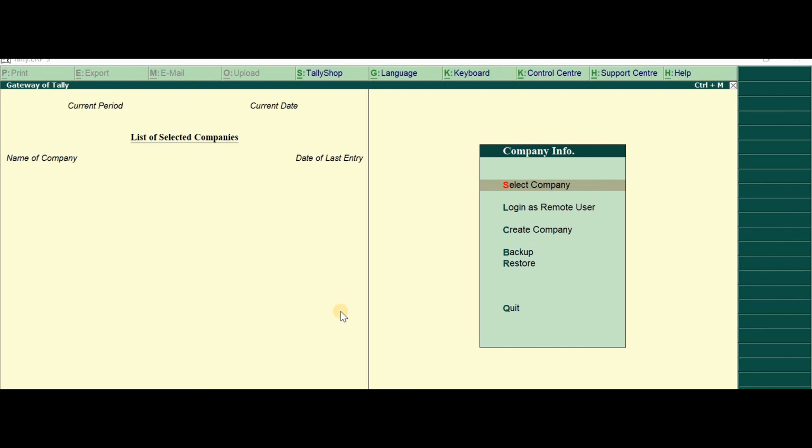What is the meaning of split? Imagine from April 2019 to March 2020 was one financial year, and April 2020 to March 2021 is the next financial year. Now, many companies would want that they have separate two companies for two financial years.